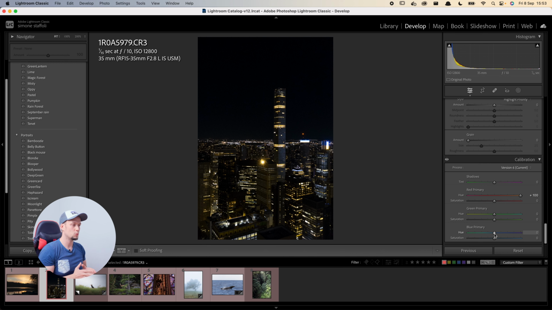And if you remember what we said in the last video, when you change the blue primary, you are not just changing the blue hue, but you are also changing its complementary. The complementary color of blue is yellow. Therefore, when we shift blue towards teal, the yellow, as a consequence, will shift towards orange. So we go all the way to the left, and as you can see, we have already achieved that teal